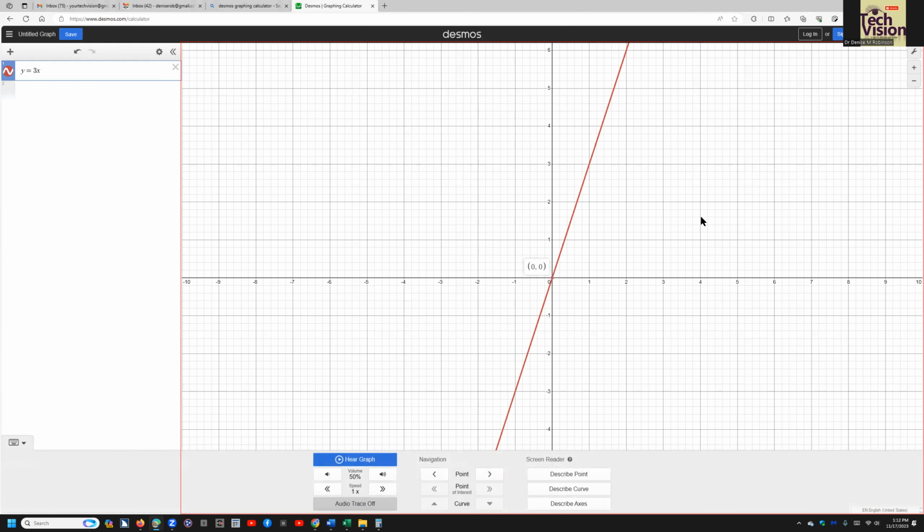3x, Alt-T, graph paper, x-axis visible from negative 10 to 10, y-axis visible from negative 6.199 to 6.199. Grid lines are visible. 1 audio traceable curve. Graph paper. Audio trace on. Use arrow keys to navigate. Okay, so you can use your arrow keys,